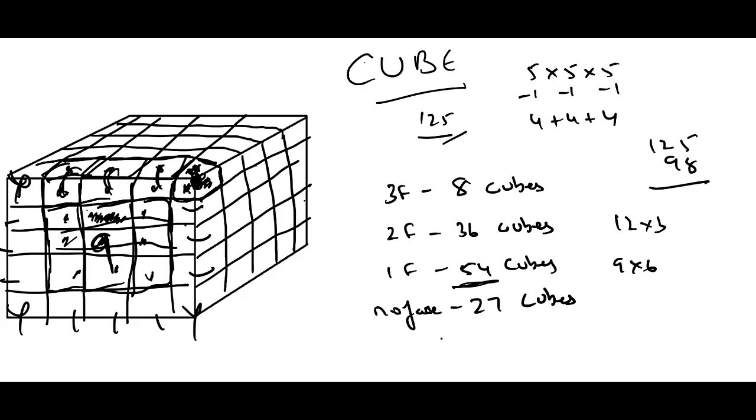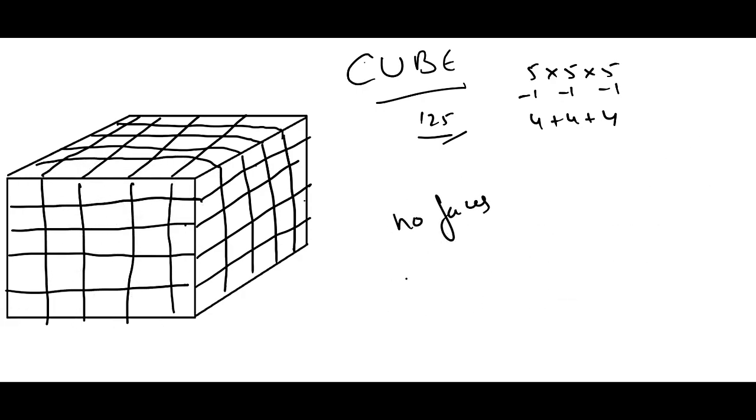That means they are the inside cubes. When we cut the larger cube, we'll have cubes inside, and those are the 27 cubes. Calculating no face painted also: the no face painted cubes are those cubes which are inside the larger cube, and to see the inside cubes, we have to open up the larger cube. That means we have to take out the outer layer of the larger cube, and then only can we see them. That means we have to take 2 layers of the cube from the ends in each direction.